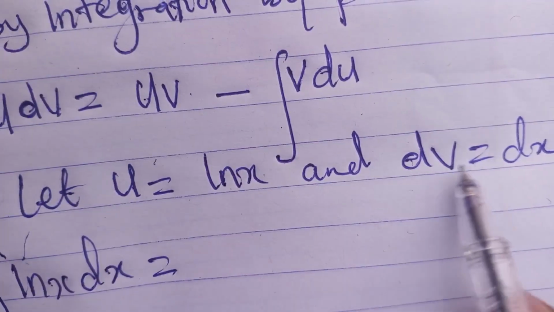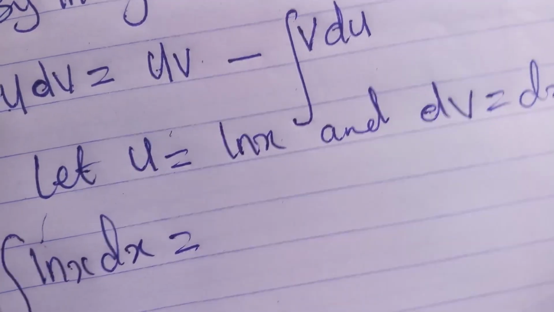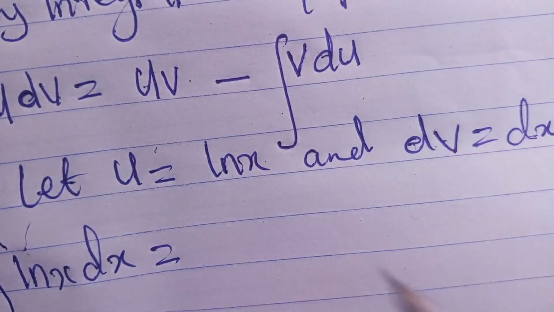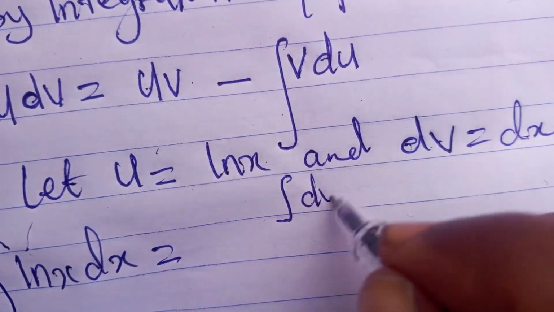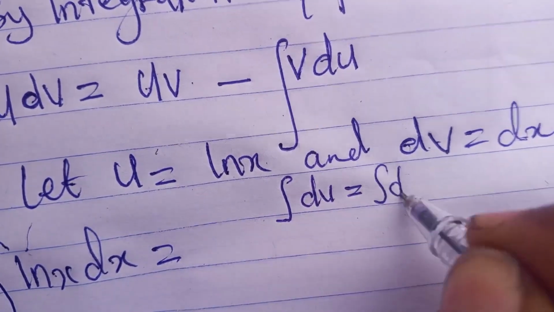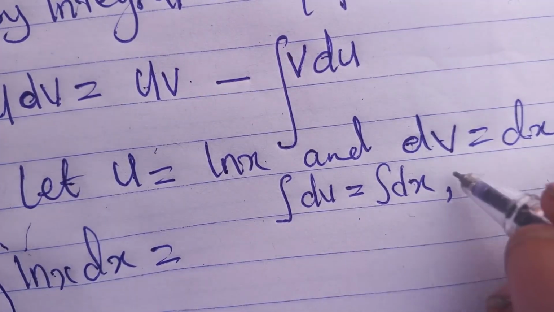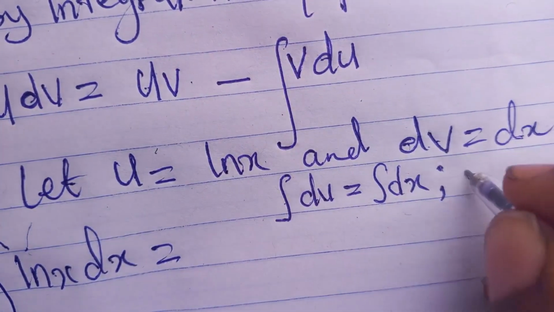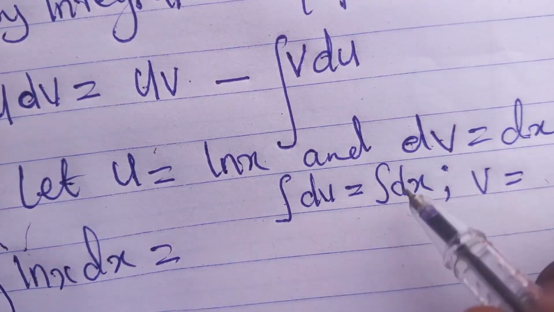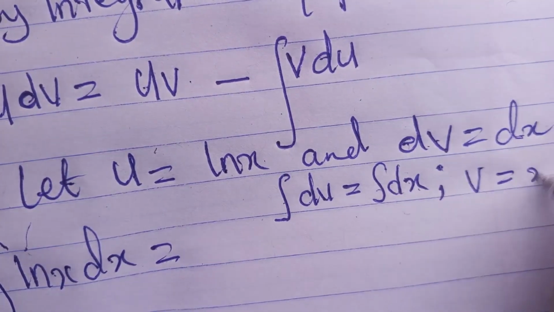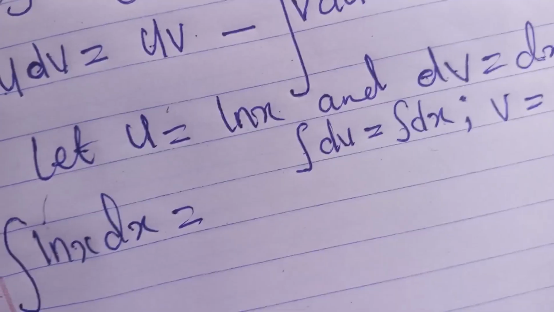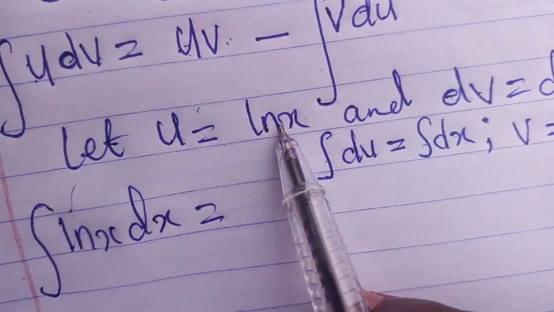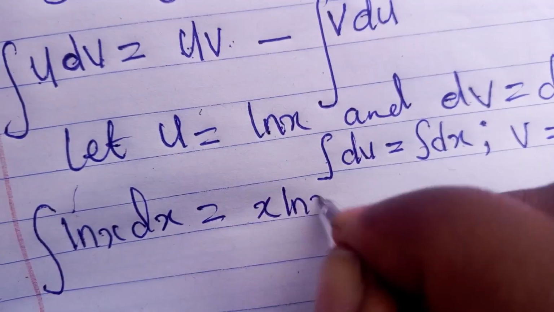Now we have dv, we don't have v, so we're going to find our v. So using the law of integration, the integral of dv equals the integral of dx. So it means that the integral of dv is v, and the integral of dx is x. So v equals x. So using uv, u is ln x, we have x ln x,